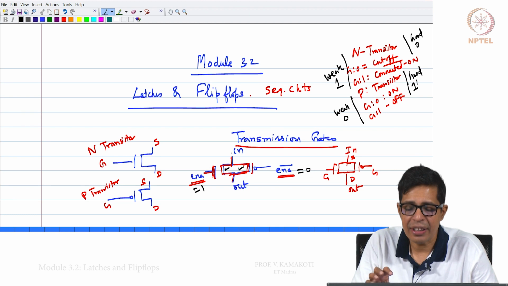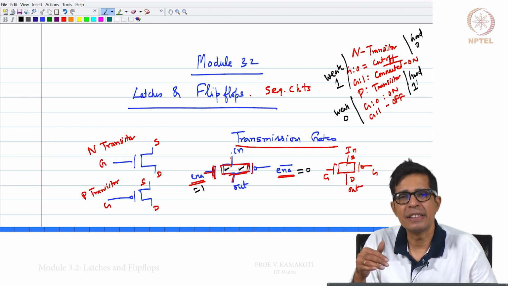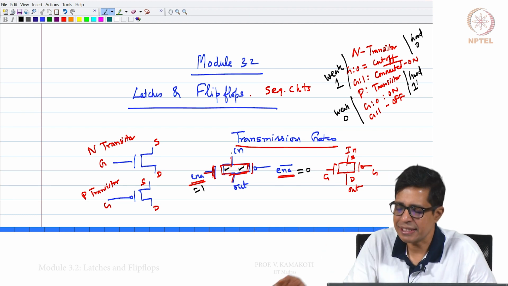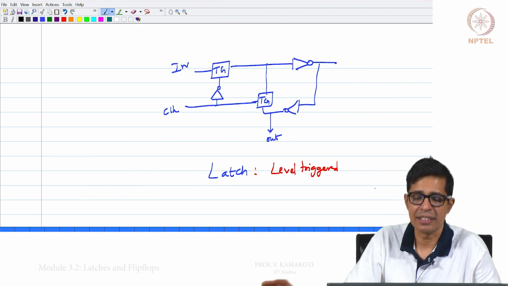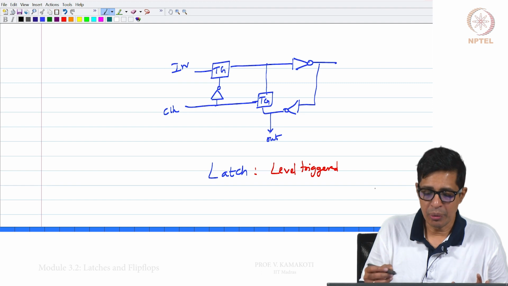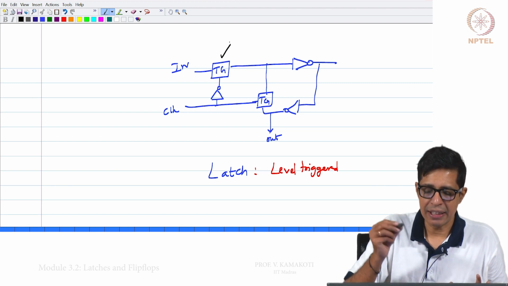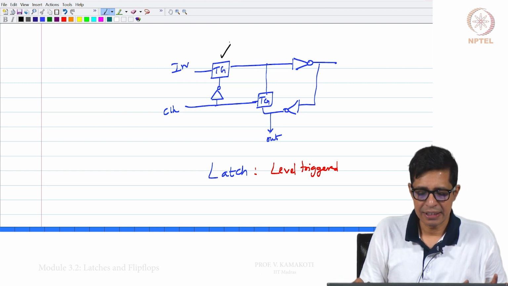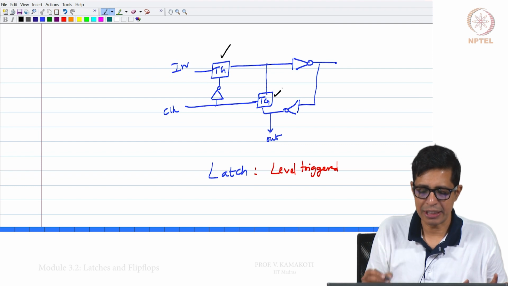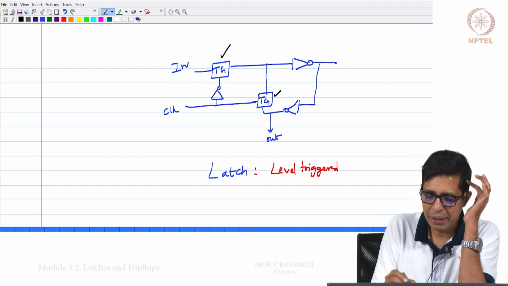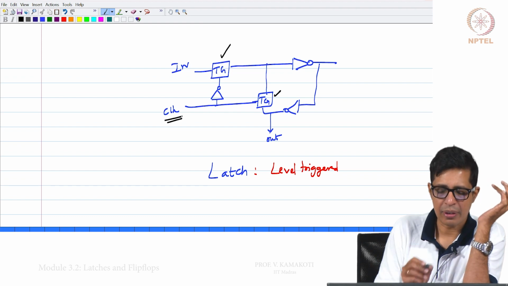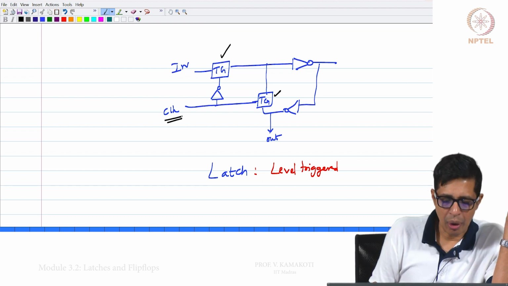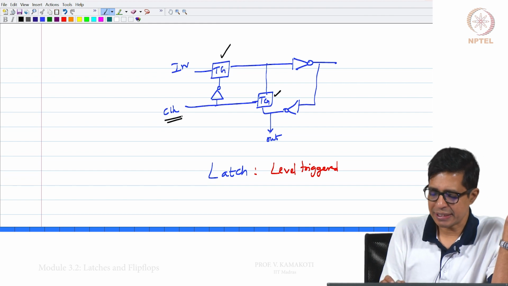Now, with this transmission gate we will tell you how a latch is constructed. What is a latch and how is it constructed? Note that this is a TG, a transmission gate, this is also a transmission gate, this is the enable, these are inverters, and this is a clock. This circuit that you are seeing is called a latch.